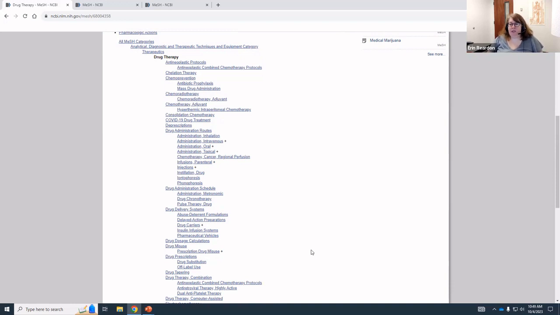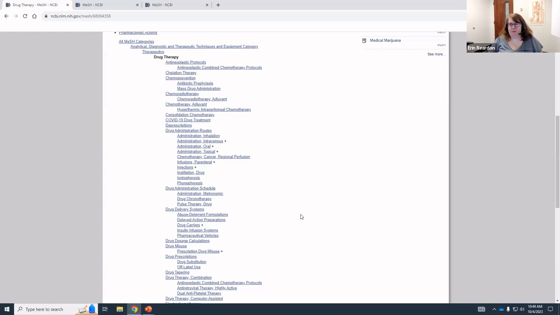So there's a good question in the chat. When you search a mesh term, does it show results of all entry terms in PubMed? So when you search for a mesh term, it shows all of the articles that are tagged with that mesh term. A lot of those articles are going to have those entry terms listed there. Not necessarily all of the articles that have those entry terms are going to have the mesh term, because PubMed is actually pulling from a couple of different places. So mesh terms are only on Medline articles, and there might be some articles that don't have mesh terms applied to them, which is why it's important to also use keywords as well.